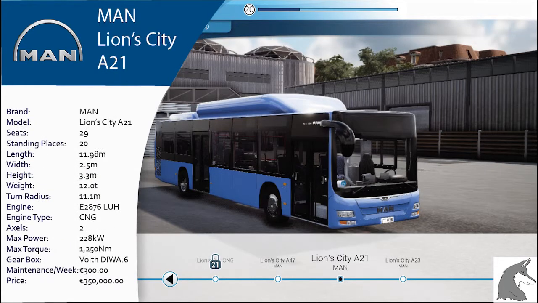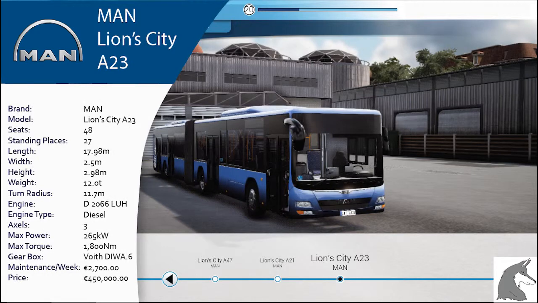The MAN Lion City A21 has 29 seats, 20 standing areas, an engine of E2876 LUH, and a price of 315,000 euros with a maintenance of 300 euros a week. It has 2 doors, 1 in the front and 1 in the middle. The MAN Lion City A23 has 48 seats, 27 standing areas, an engine of D2066 LUH, and a price of 450,000 euros with a maintenance of 2,700 euros a week. It has 4 doors, 2 in the first cart and 2 in the last cart, since it is a bendy